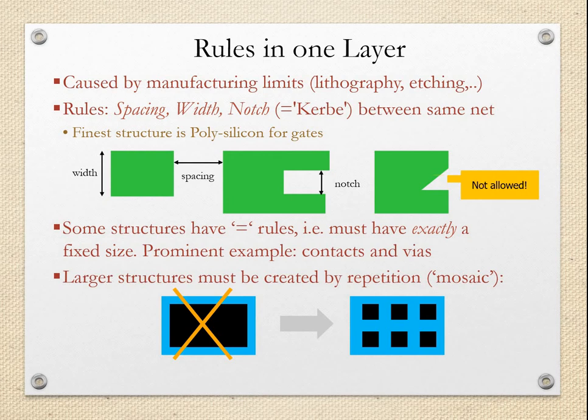So before proceeding further, first we will see the goals of floor planning. The goals are: arrange the blocks on a chip, decide the location of the IO pads, decide the location and number of power pads, decide the type of power distribution, and decide the location and type of clock distribution.